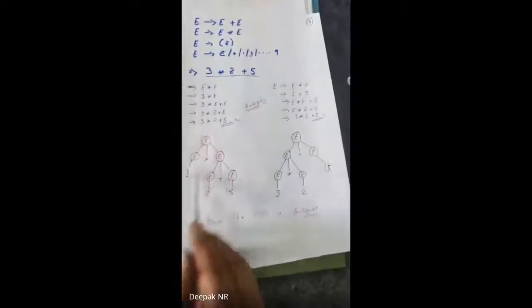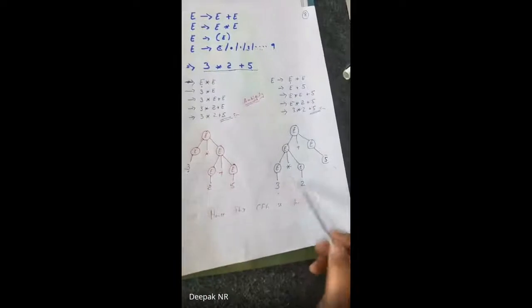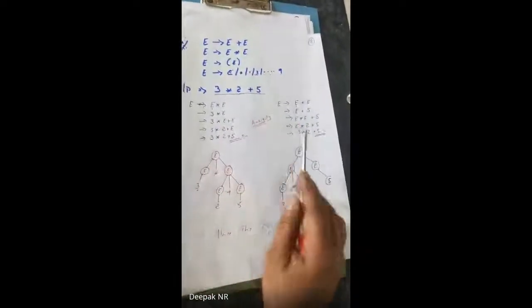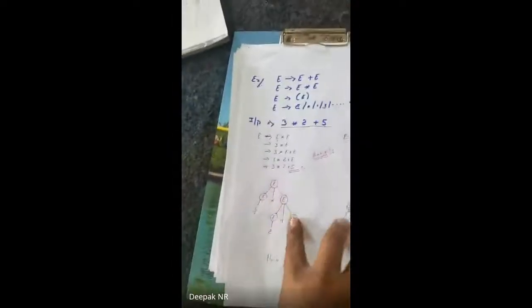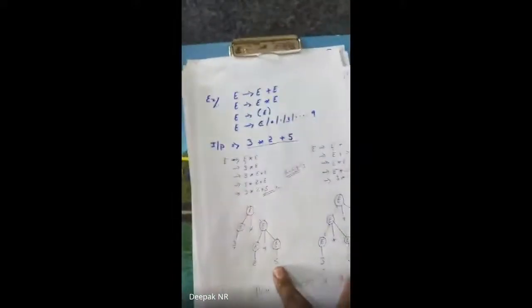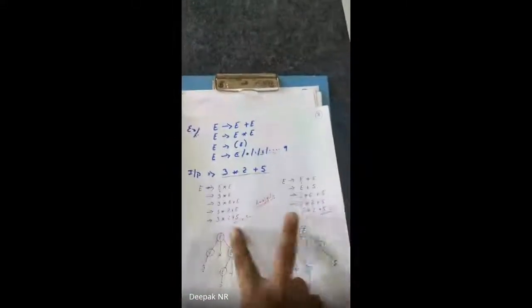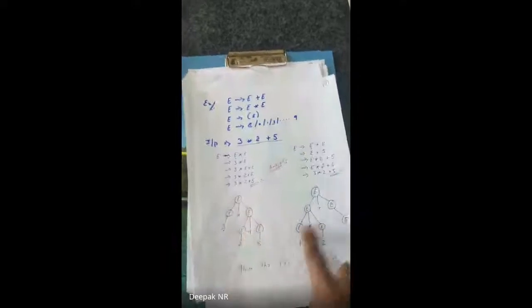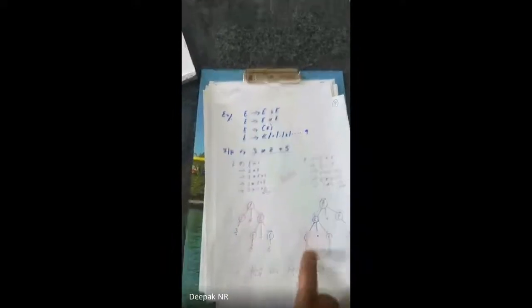Is that clear? Hence the given CFG is ambiguous because the answer is correct either way you go. But if you observe this, I'm using two different expressions, even though I'm getting the answer properly. This concept is called ambiguous. Designing a derivation tree or parse tree using an equation, whichever I take, I get the same result, but the diagram is changed. This is called an ambiguous diagram. In the exam, they will ask what you mean by an ambiguous diagram. You have to write this information, take one example, and then explain it.